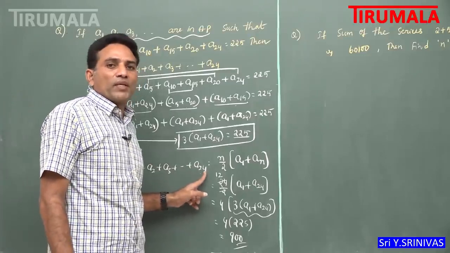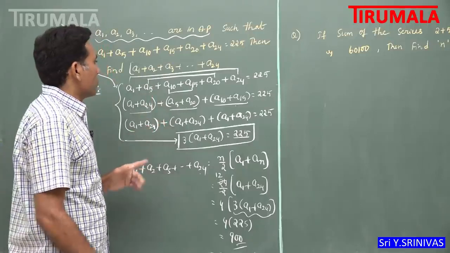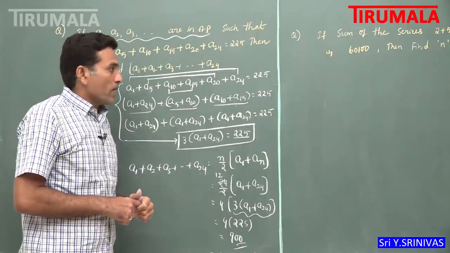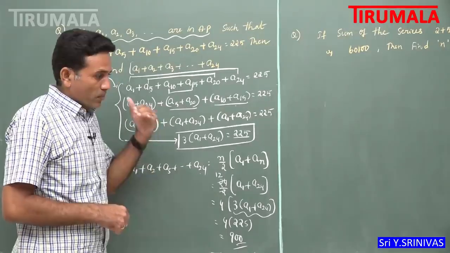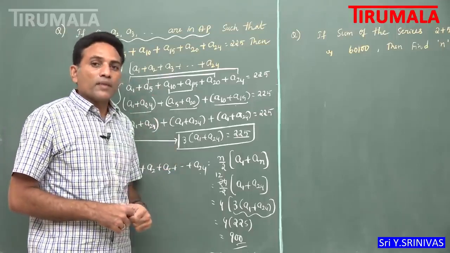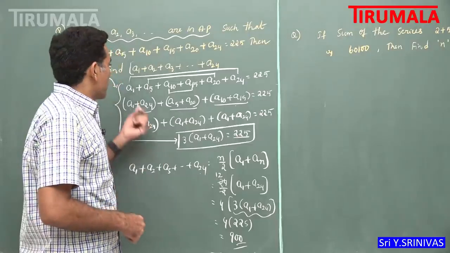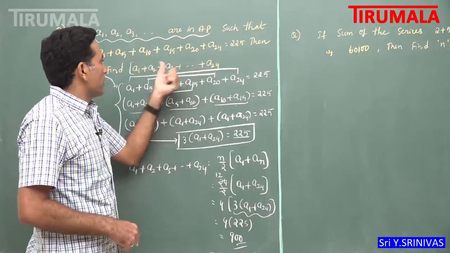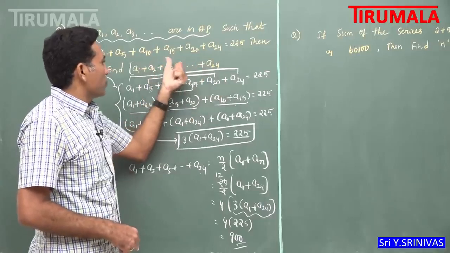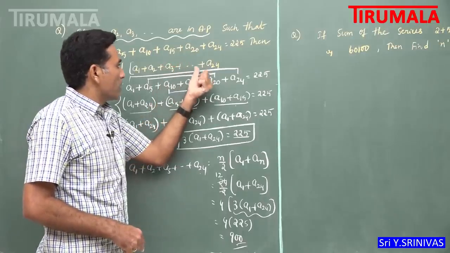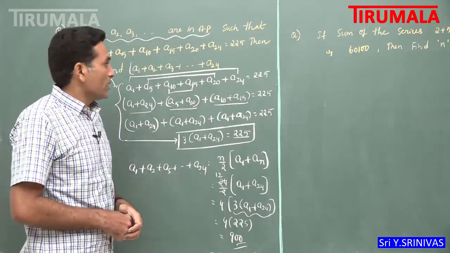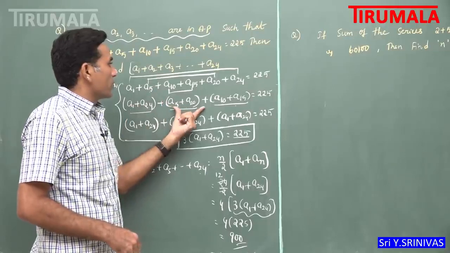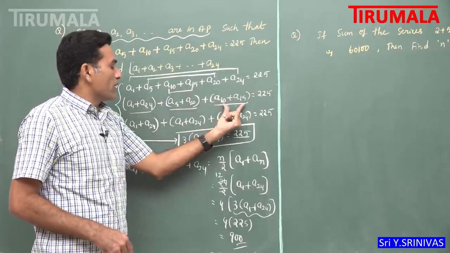900 is the answer. Here we use one of the properties in arithmetic progression and the sum of n terms of AP. What is the property, students? The property is the most useful and beautiful property in arithmetic progression. We have so many applications based on this particular property. The property is that the sum of the first and last terms is equal to the sum of the second and last but one: A1 plus A24 is equal to A2 plus A23 is equal to A3 plus A22.